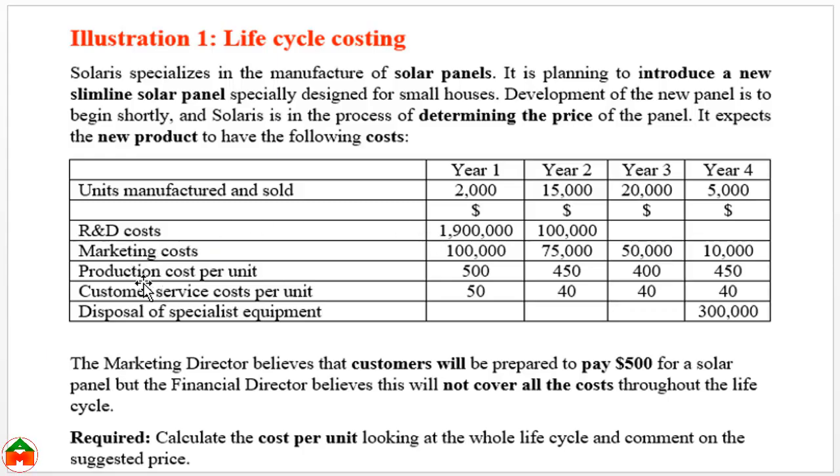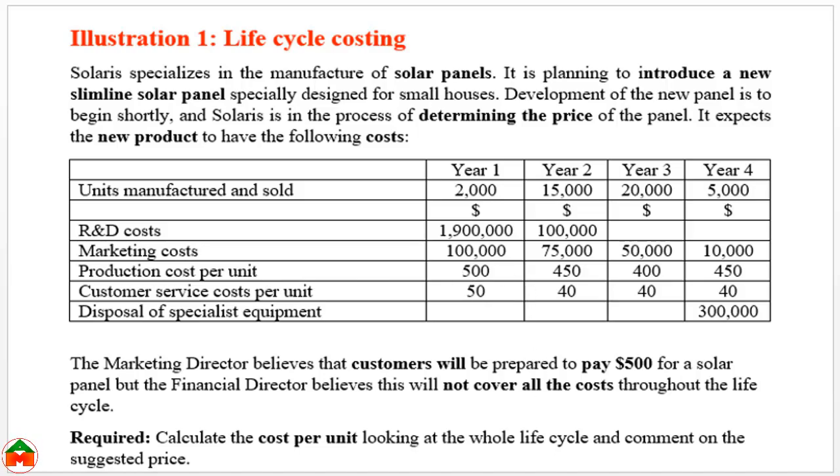Then we can see production cost. These are the unit cost. We need to multiply this unit cost with the units produced. Here the units produced in year 1 is 2,000, year 2 15,000, year 3 20,000 and year 4 5,000. If we multiply these units produced with the production cost per unit, we will get the total production cost for